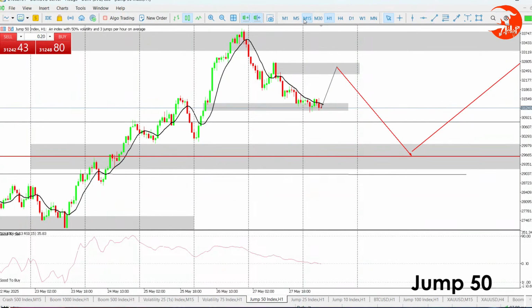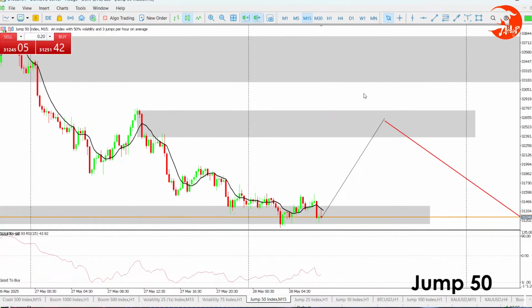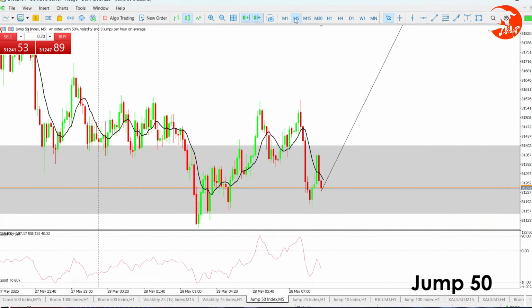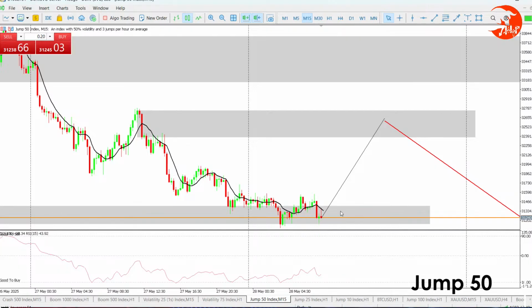So do we have an entry for the pullback right here? It's tricky, it's very tricky. Let's wait for M5 and then we can enter this pullback, even though it's going to be one of those slow ones. It's going to be a slow trade because of the momentum. Look at that was yesterday, and look at this morning. So it's going to be one of those slow ones, but we are not market movers. These guys can easily push price to go there as fast as they want, as long as they have an agenda that they are looking for.